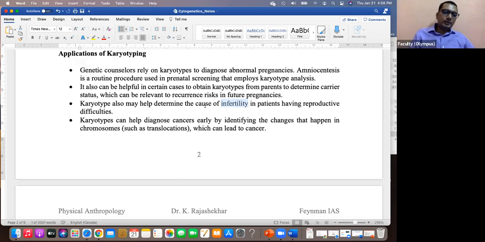Next, karyotypes can be used in the diagnosis of cancers. I showed you karyotyping in the translocation process, right? CML, leukemia, particularly, we talked about. So if a translocation is nicely visible, fine, but sometimes it is difficult from karyotyping. We need advanced karyotyping methods like FISH-like methods or SKY methods. But otherwise, you can look for the reasons behind cancers happening in families.